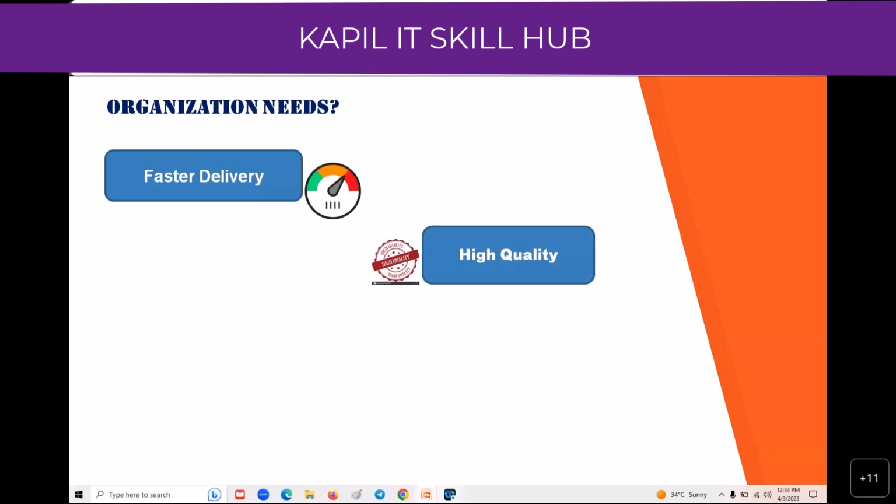First, faster delivery or continuous delivery, as we call it. Continuous delivery means regardless of what kind of project you are working on, you have to continuously release the services in the market.